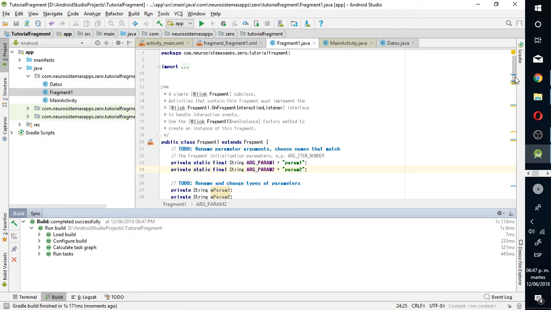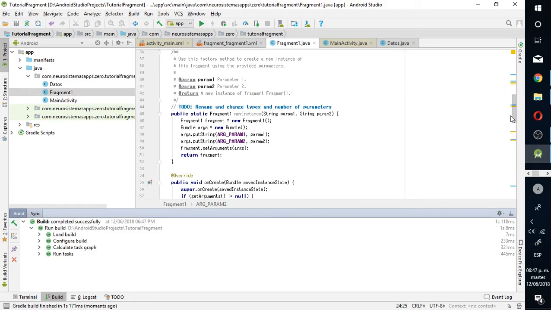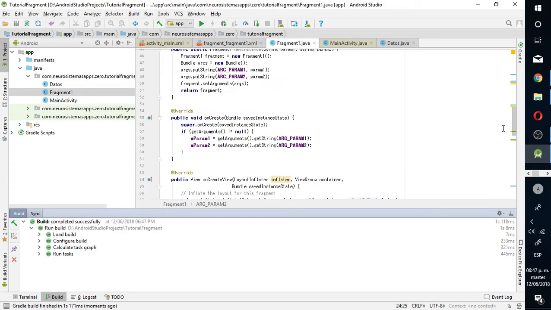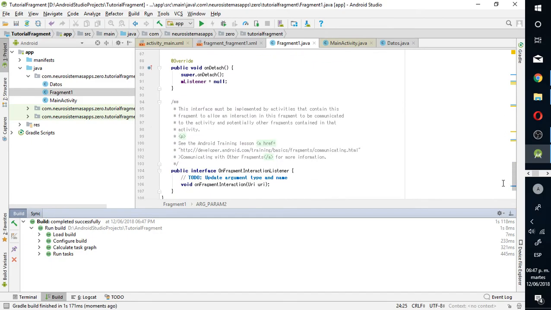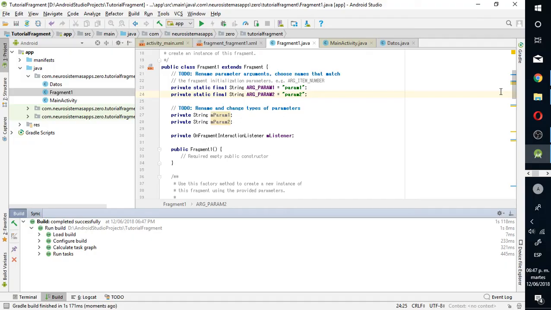All of the methods that are needed for the creation of the fragment and the function of the fragment are created automatically. But there is some inconvenience here, because the params have a strange name,